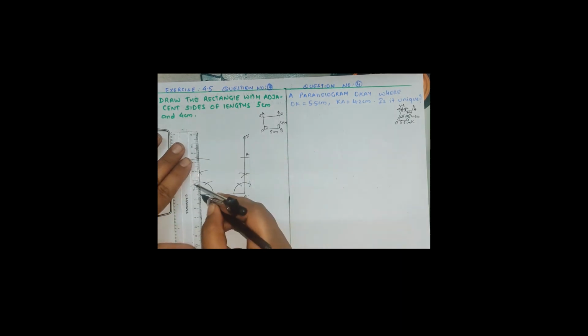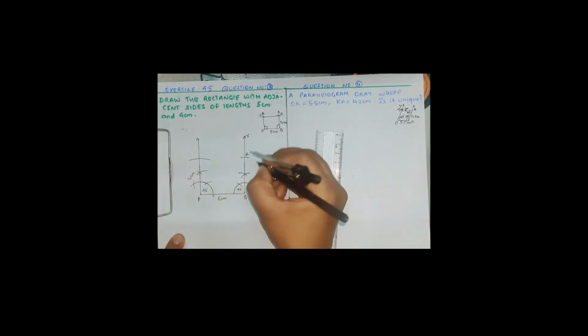lines also. So take another 90 degree, which is very simple to draw. See, before cutting that arc, just draw 90 degree here also. You will get, in a very simple way, the another 4 centimeter, and after that you just join the lines like this. QX and PY, it is also 90 degree, it is also 90 degree.